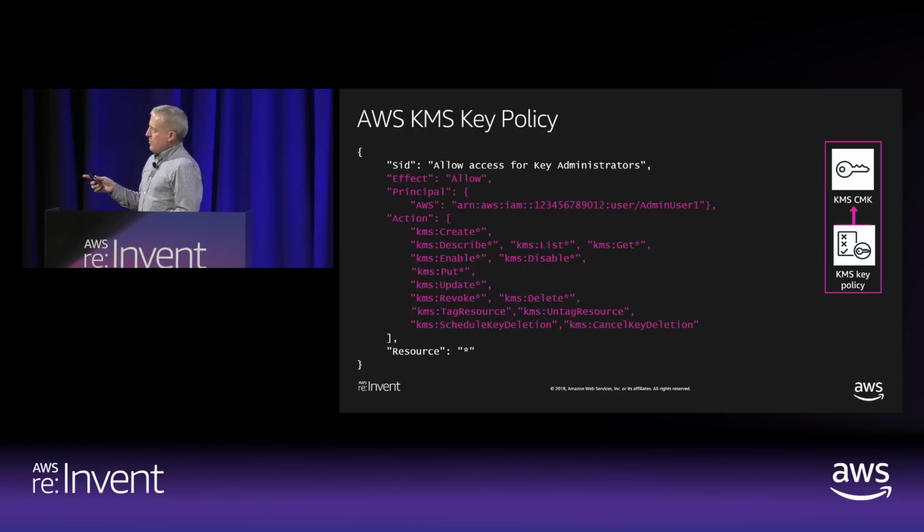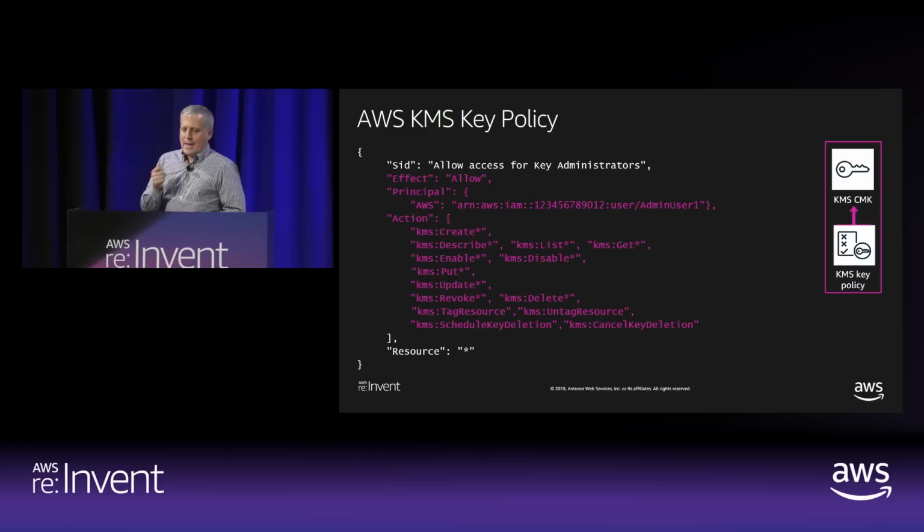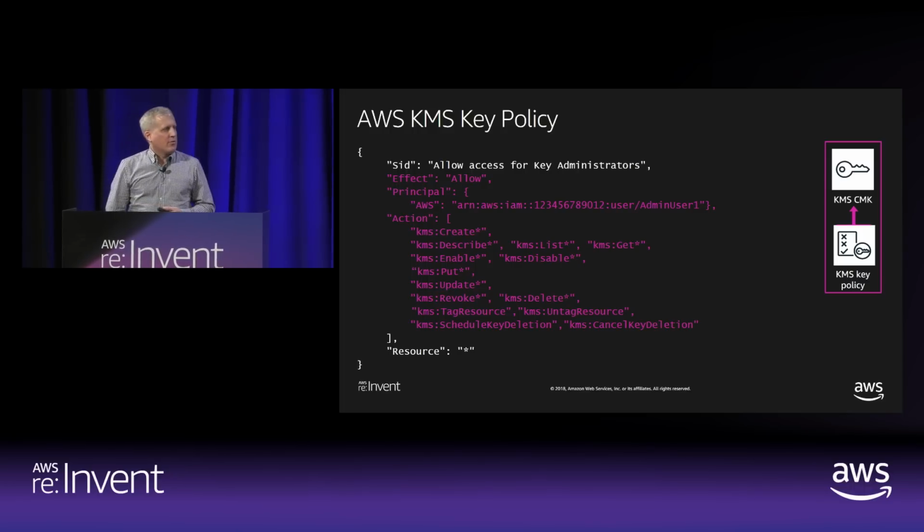And when you look at the actions, the verbs, if you will, the ability to create keys, the ability to list them, enable them, and disable them, so control the state of a key, is very important. The ones at the bottom there, schedule key deletion, cancel key deletion, those are incredibly powerful APIs. Anybody who has the ability to delete a master key now controls the durability of potentially a petabyte of data in S3. So as you're creating key policies, one thing to consider is you just don't include that action. If that action doesn't exist, nobody has the ability to delete a key.